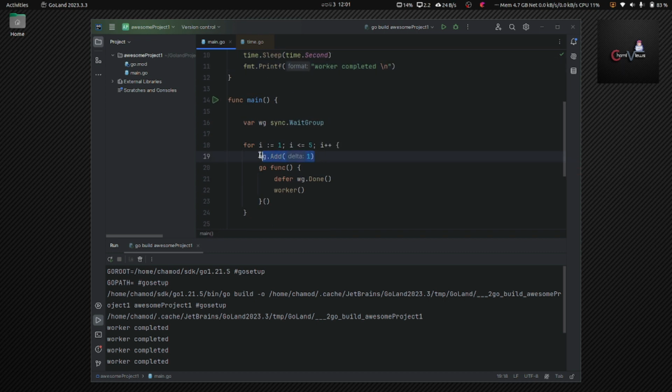This is very important, right? If we want to wait for multiple goroutines, we want to increment their counter, right? Like in this way, right? Each and every iteration I have incremented the counter by 1, right? This is a very important thing. Okay. And then